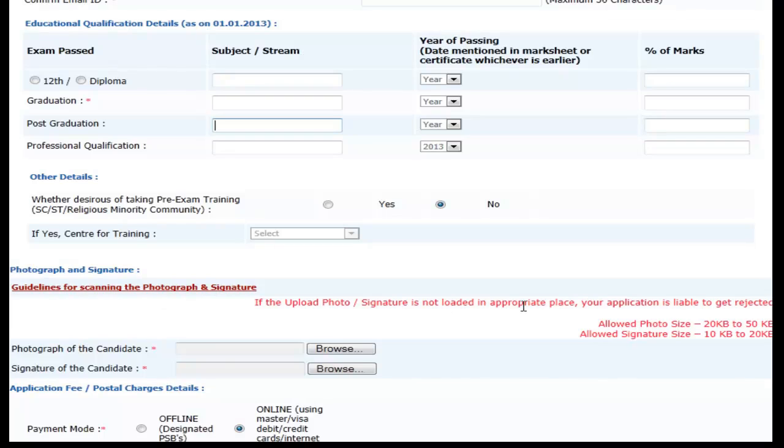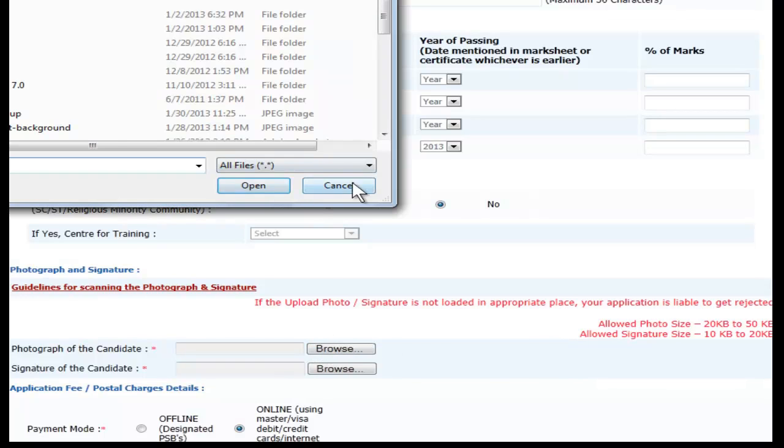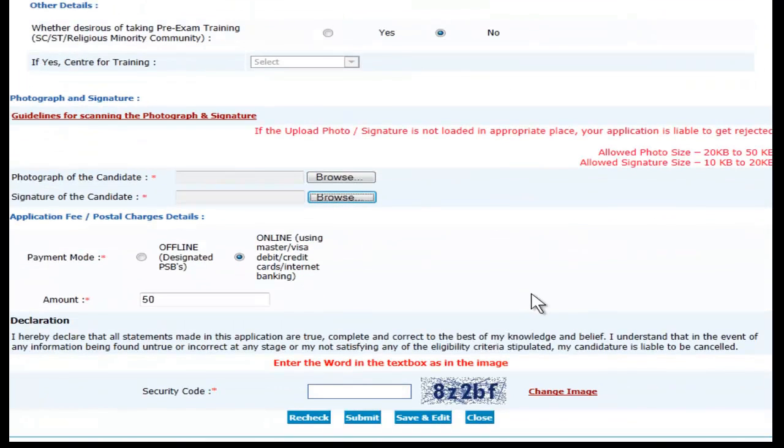If your photograph is not uploaded in the appropriate place, then you will be rejected. The size of the photograph is not more than 20 to 50 KB and for signature it is 10 to 20 KB. So just see before you scan that your photographs are in this particular size, and once you have this, then load it here and put your signatures here.